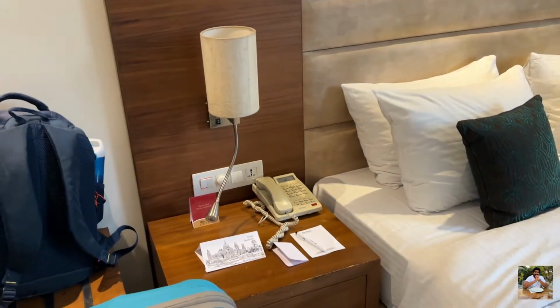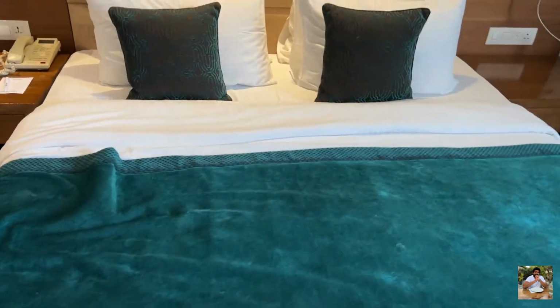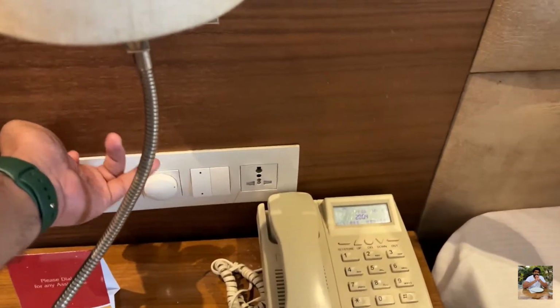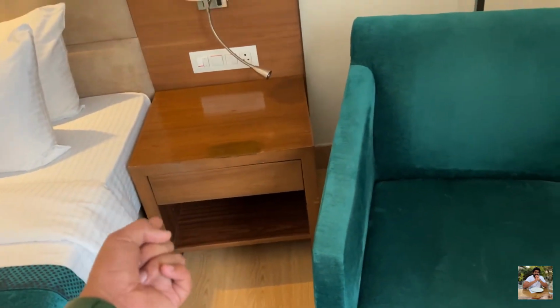So good hotel, a very good fragrance the first time you enter. We have the queen bed here and the floor plan. Nice, good bed. Okay, let me switch off the sun. There's a lot of noise. Okay, there's a reading light, there are bedside lamps on both sides, there's two pillows, and then there's a small pillow, a matching liner, then the table stand, then you have a reading light, and then you have a chair,